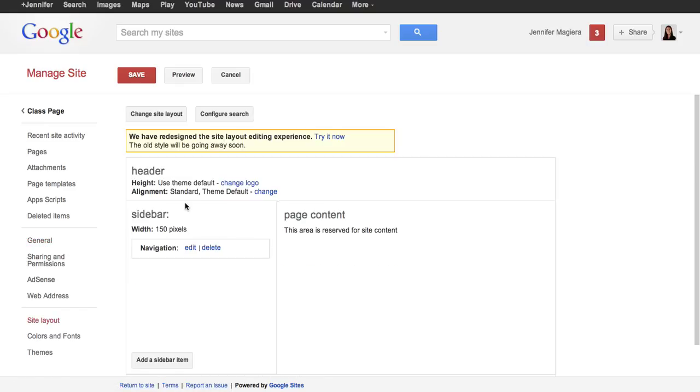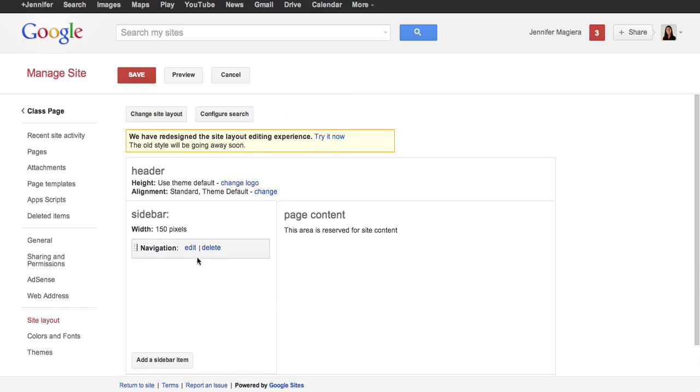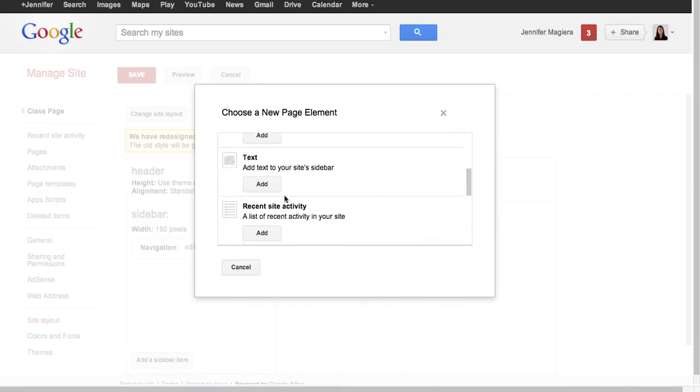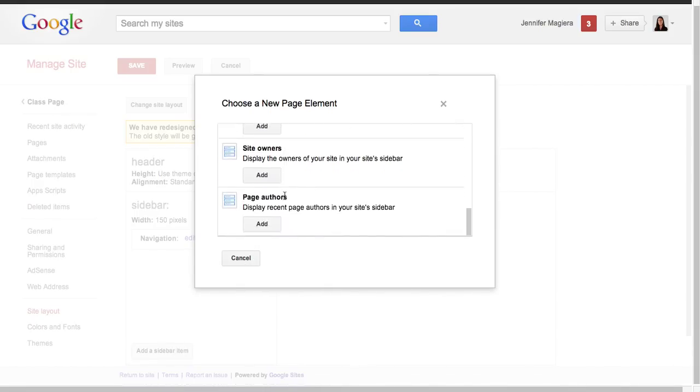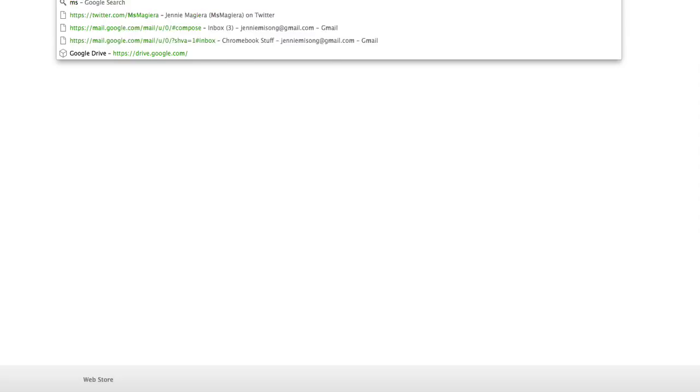I can choose to get rid of the sidebar if I don't want it at all, or I can edit what's on there. So I can edit this by updating what's showing here, what the title is. I can add a sidebar item. I can add a picture, for example, if I want to link to like an exit ticket or something like that. So if I show you my class page,